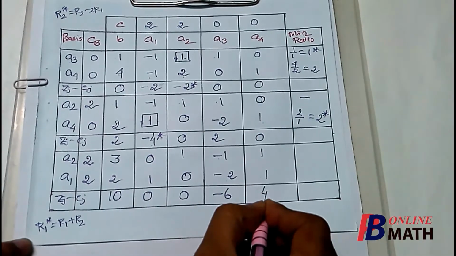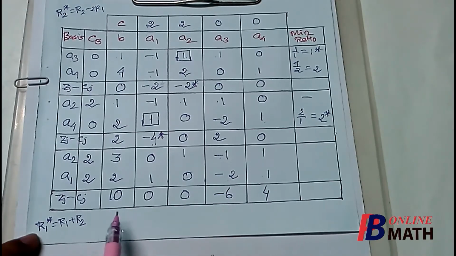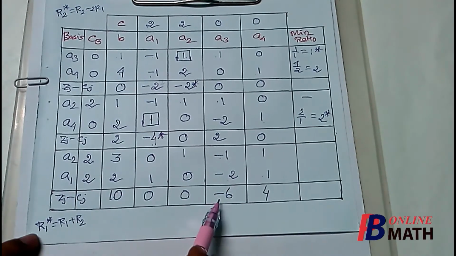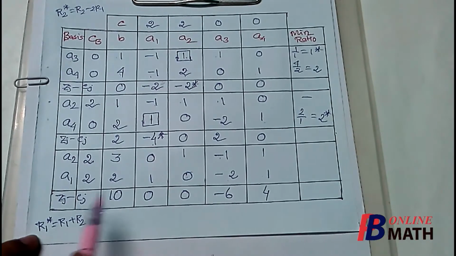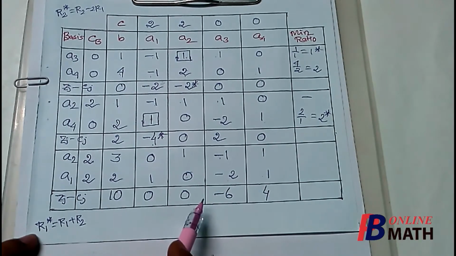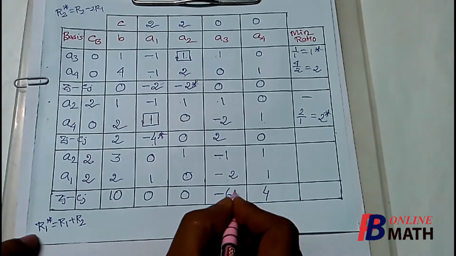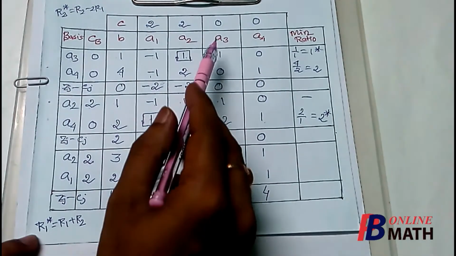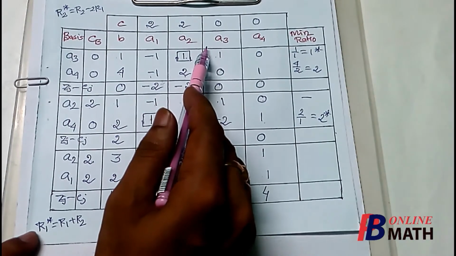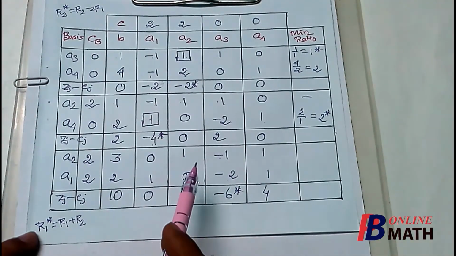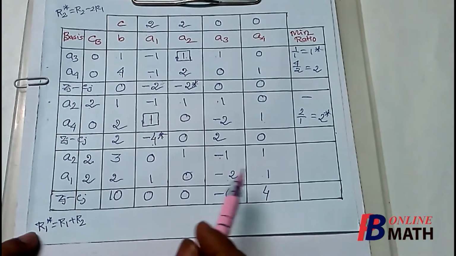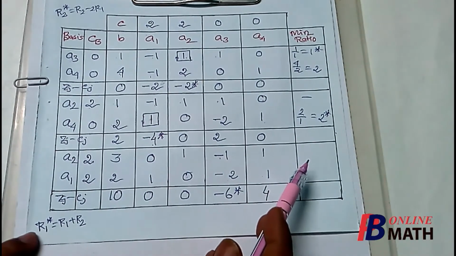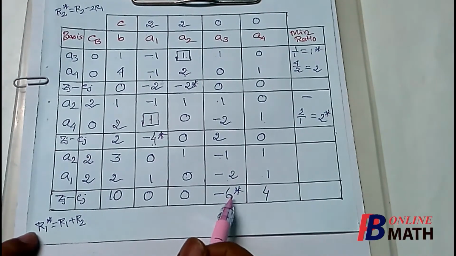So it is 4. If we check the values of Zj minus Cj, then we find that there is one value of Zj minus Cj which is negative. So again the solution is not optimal. In that case we have to select this element. That means the vector a3 will again enter the basis. But to find out which vector will leave the basis, we have to find the min ratio, and for that we have to find the ratios.